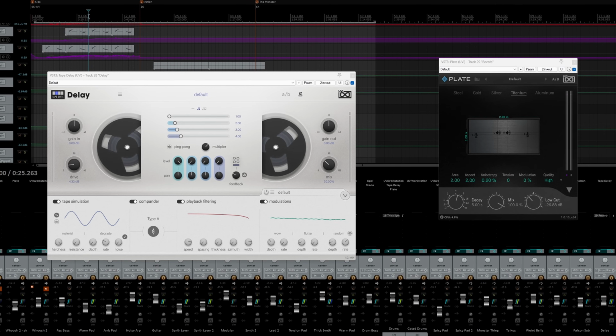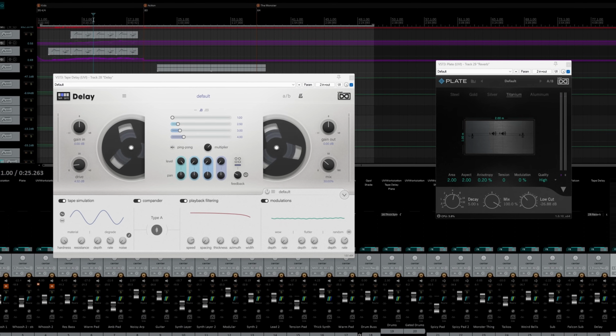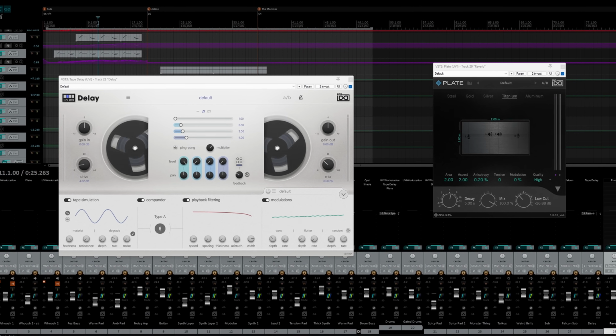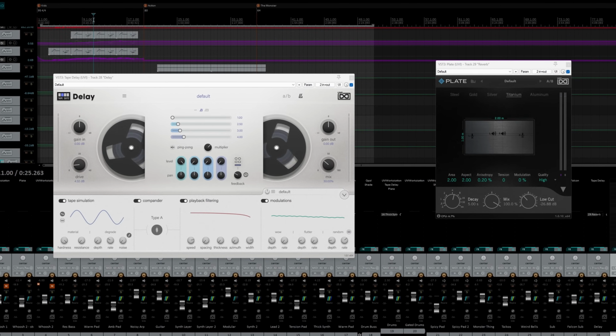The only other thing going on in the session is just two sends, one for delay from Tape Delay and one for reverb coming from Plate. And these aren't doing a ton, it's just adding a bigger sense of space to the mix by sending a few key elements to them. And then I'm also sending the delay send into the reverb send a bit just to make it nice and super lush and 80s-ish. Comparing this to where we started, if we take a listen to the kids section here,